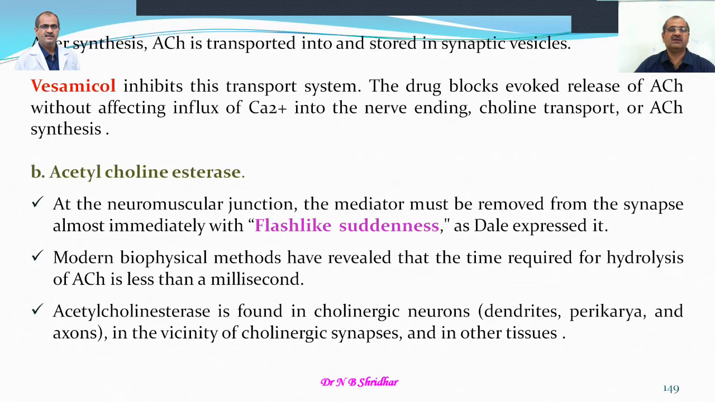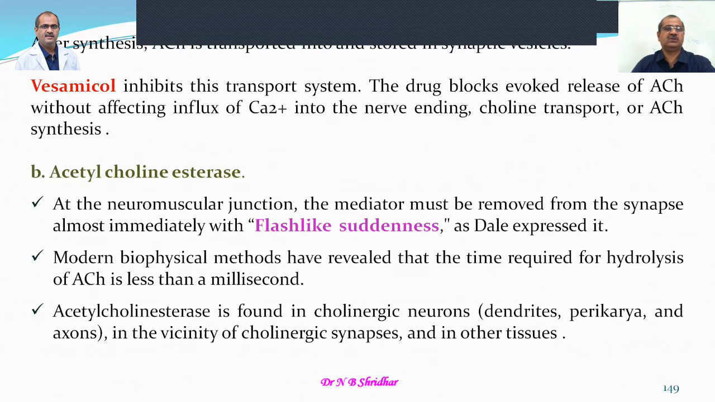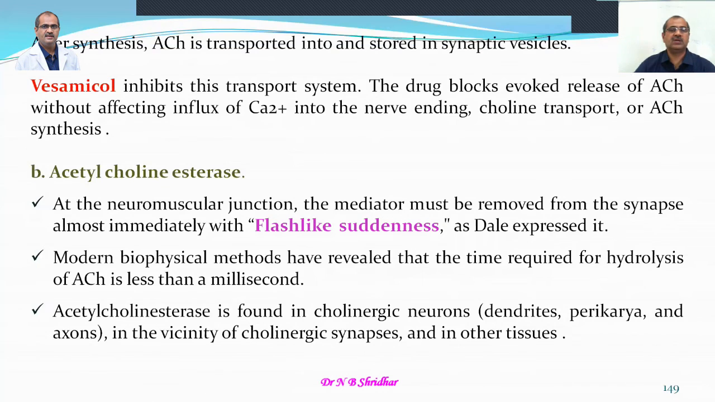acetylcholinesterase. Modern biophysical methods have revealed that the time required for hydrolysis of acetylcholine is less than a millisecond. A second is divided into 1000 milliseconds. So less than a millisecond is required to remove all the released acetylcholine with flash-like suddenness; you should remember that. Acetylcholinesterase is found in cholinergic neurons, maybe dendrites, perikarya and axons, and also in the vicinity of the cholinergic synapse